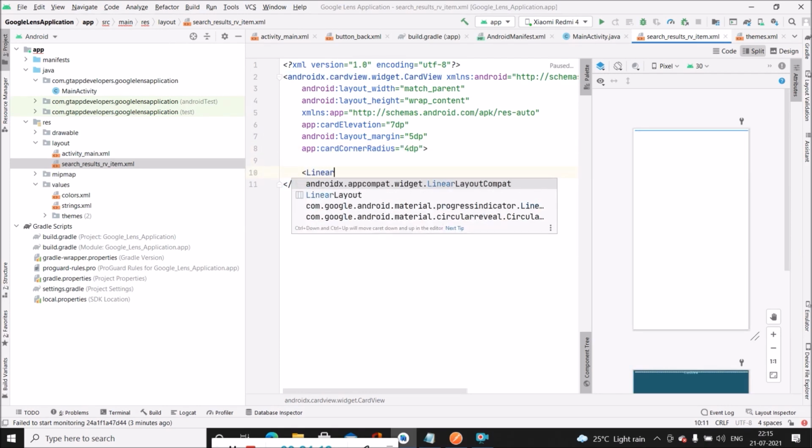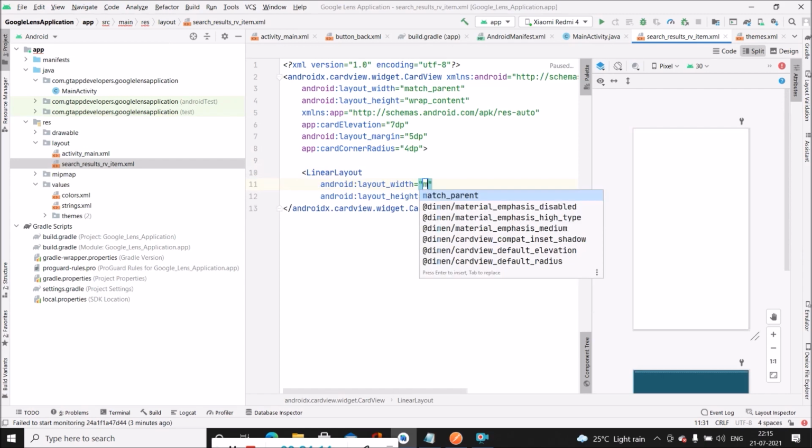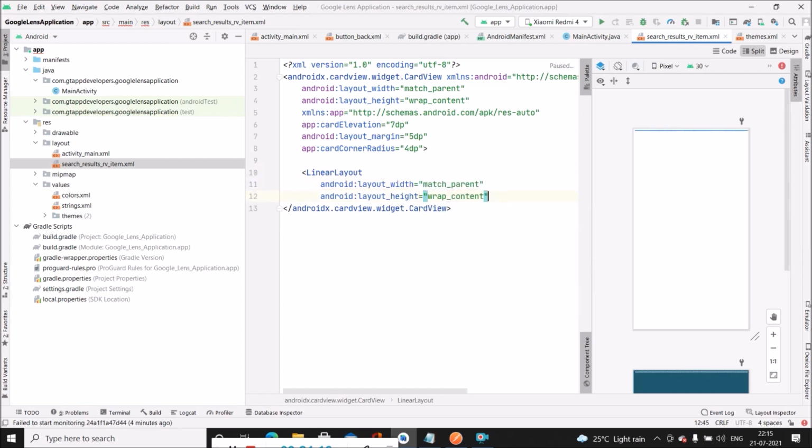Now inside this, we will be creating a linear layout. Specify width as match parent, height as wrap content, orientation as vertical. Now inside this linear layout, we will be creating three text views, that is title, snippet, description. So we will be creating these three text views.